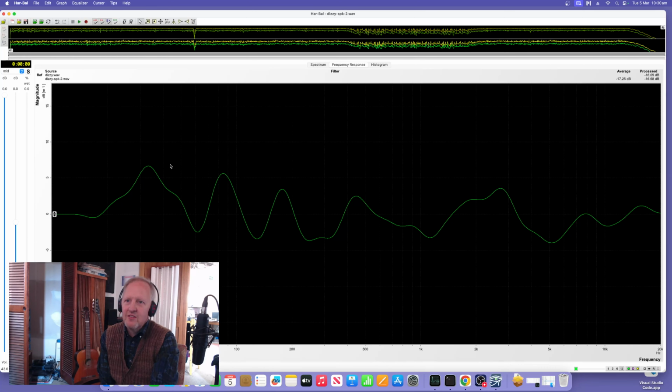So it seems pretty likely to me that this rising pattern here at the bottom end is not a deficiency of the loudspeakers. It's a deficiency of the microphone that's picking it up, because that's its low frequency cutoff